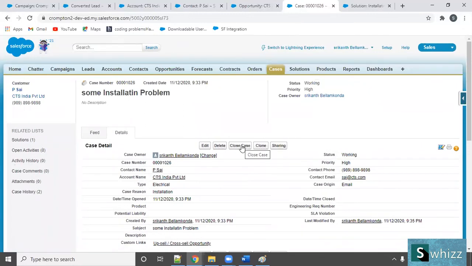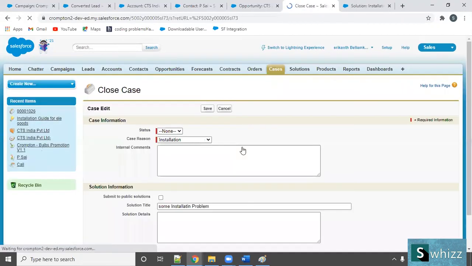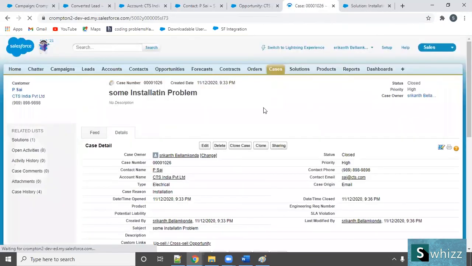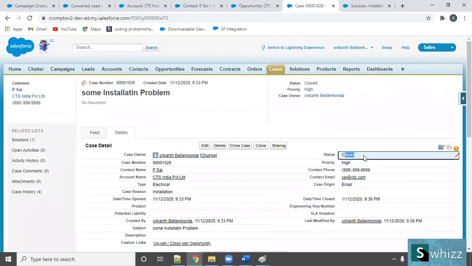Without evidence from the customer, we cannot close a case. Right? I got evidence from the customer. He intimated to close the case, so I'm just clicking on close case. Status is closed. That's it. Status has been closed. So this is the life cycle actually, the product life cycle for a business. Clear what I'm trying to say, right?